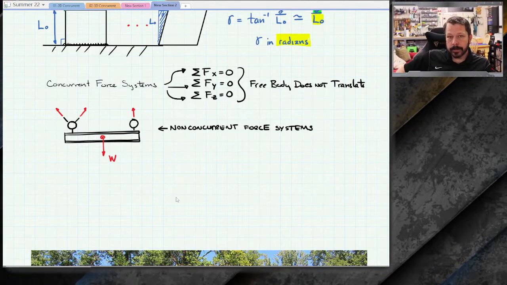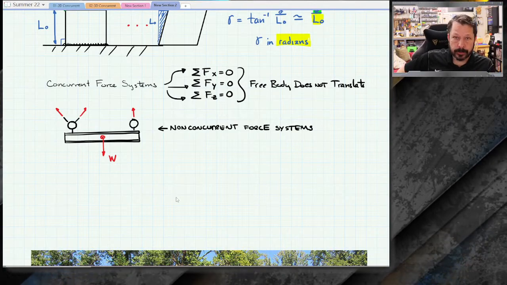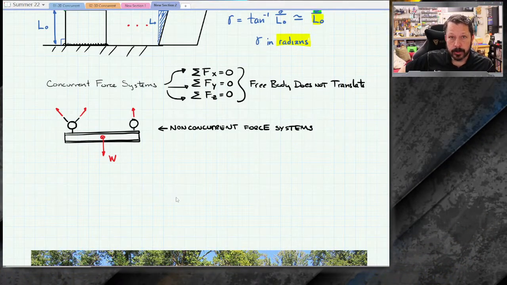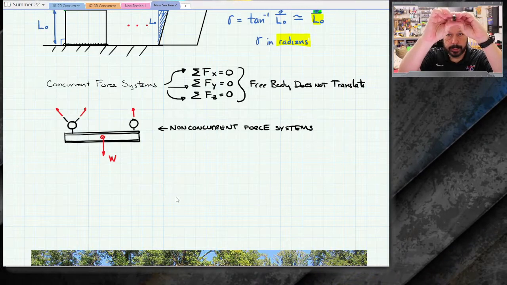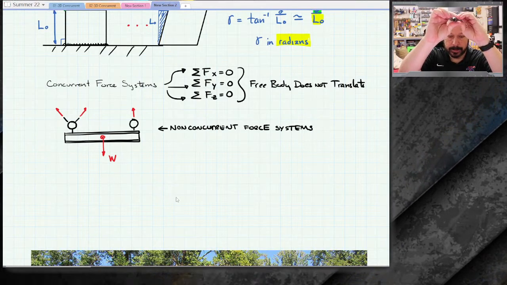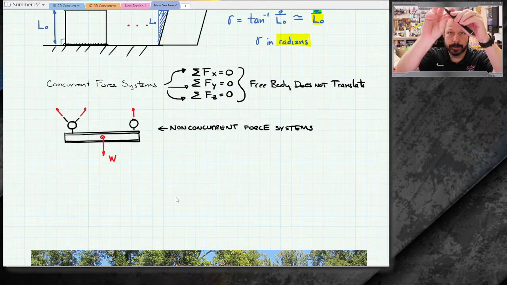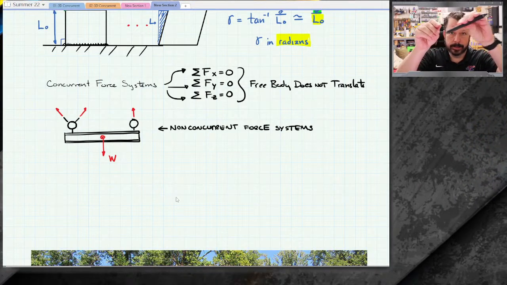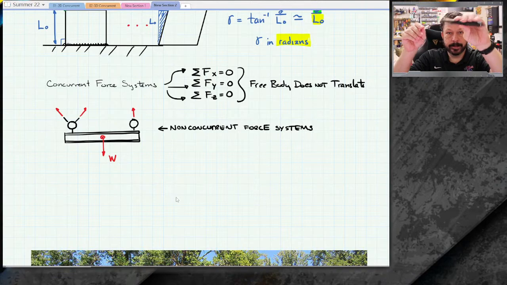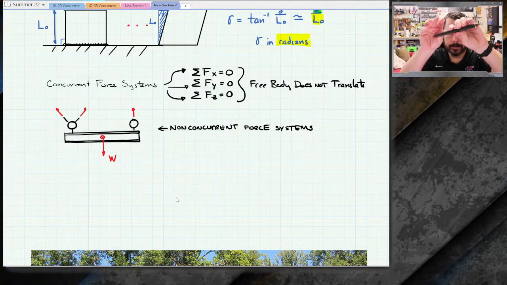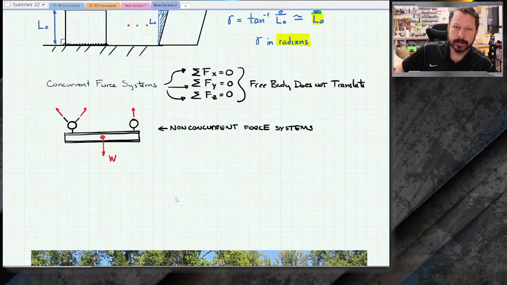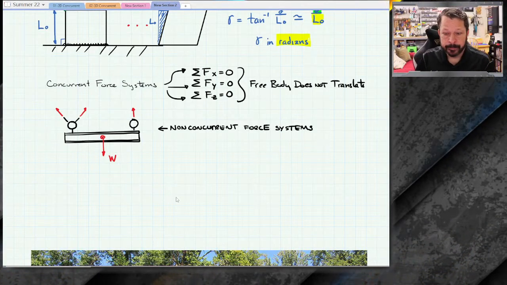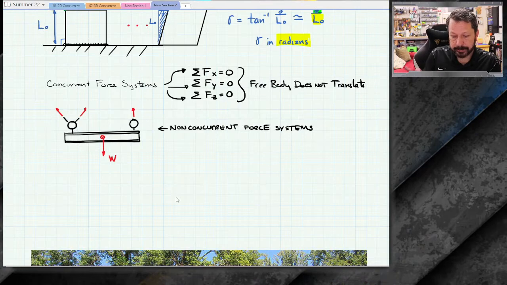But there's another thing that can happen in addition to translating, and that is rotating. So something could stay still, like this pen, but be rotating. It's not translating, but it's rotating. It's just staying in one spot, rotating. And so when I have a non-concurrent force system, that rotation wants to happen. And so I have to add